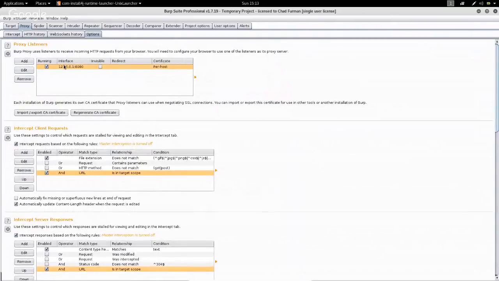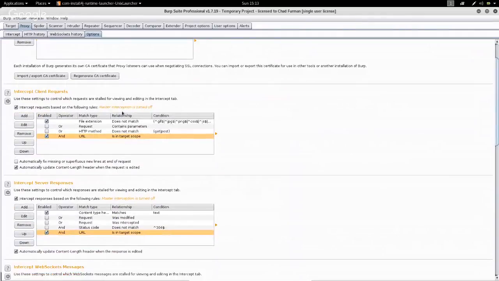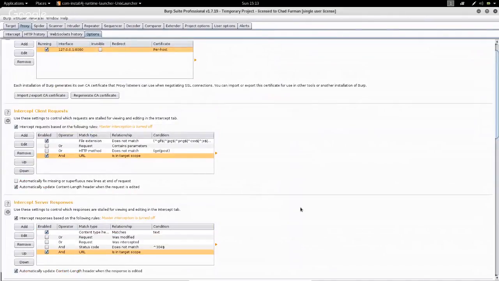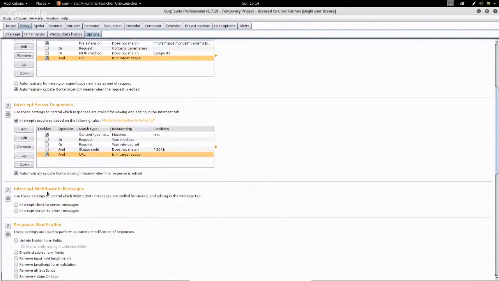I've already configured my browser. You have to make sure that little running checkbox there is checked for this to all work. In these two sections down here, intercept client requests and server responses, you want to make sure that the checkbox for the filters are enabled, as well as this little "and" field to only proxy things that are in scope. I also find it helpful sometimes to turn off the WebSocket messages as well, but to each their own,